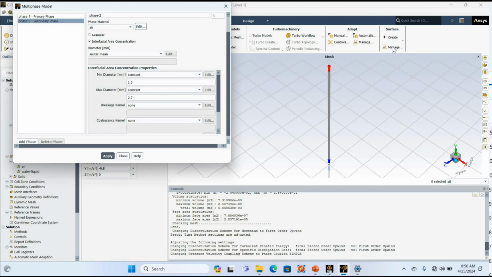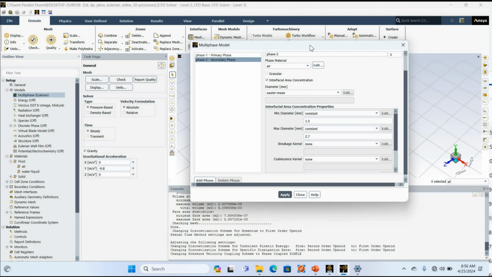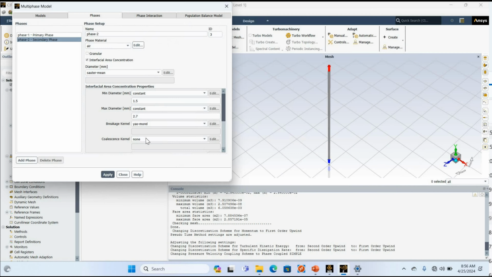So for the interfacial area concentration, there are the breakage and the coalescence kernel. Basically, the interfacial area concentration model dynamically predicts the changes with the passage of time, with the flow, how the bubble breakup and coalescence. On these two mechanisms it works. So for the breakage kernel, there are a lot of models available. You can select any one you want, which is best for your simulation, your model. And after selecting the phases,